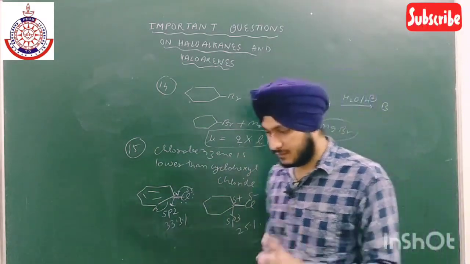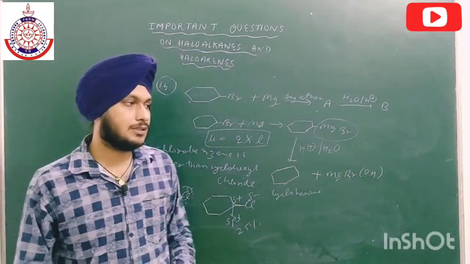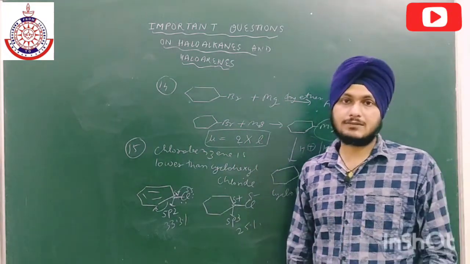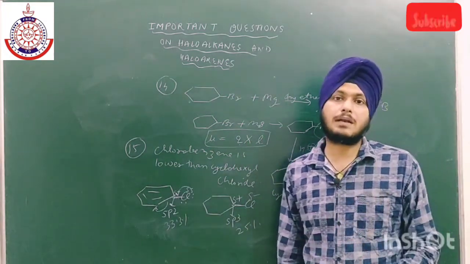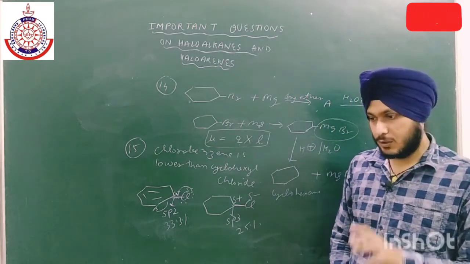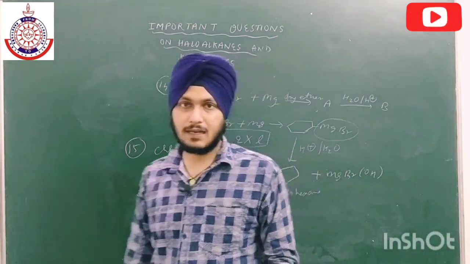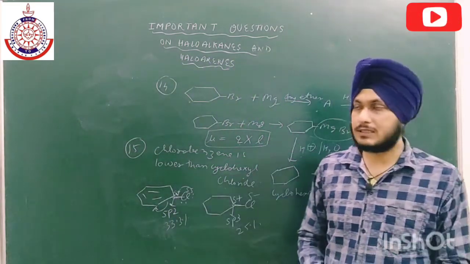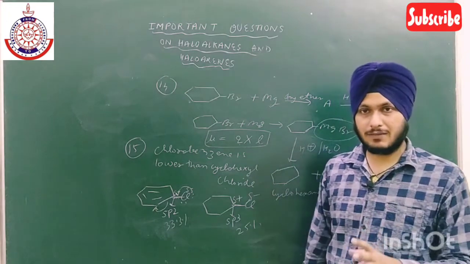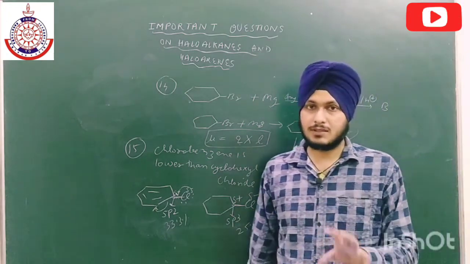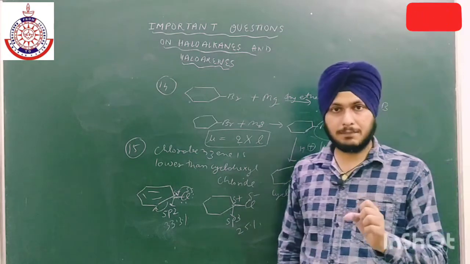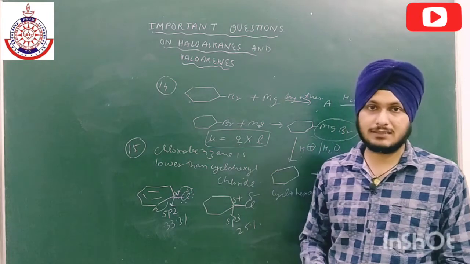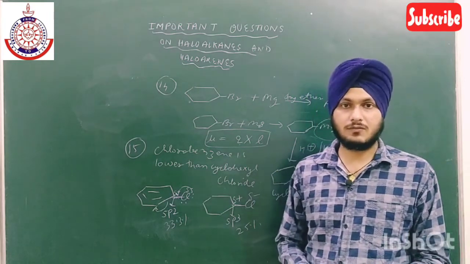So these are the first most important 15 questions related to the physical properties as well as the chemical properties. In the next class we will discuss some most complex conversions related to this chapter. So this much is quite enough for this lecture, and I hope you found it very helpful. I request you to watch this lecture 2 or 3 times so that you get a grip on these 15 questions, as they may come in the exam this time. Thank you so much for watching the lecture.